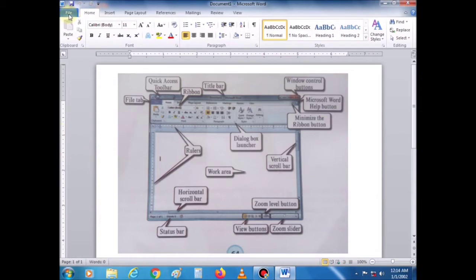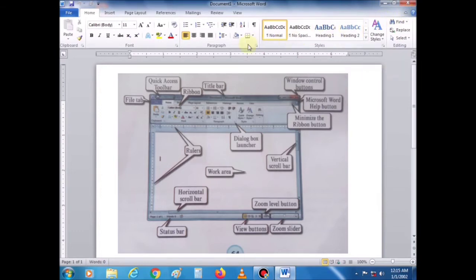Here is the File tab and next is the Quick Access toolbar. It is present at the top corner of the title bar, and next is the title bar. You can see here, the title bar displays the name of the document on which you are currently working, and here are the window control buttons, and this is the Microsoft Word help button, and this is the minimize the ribbon button.